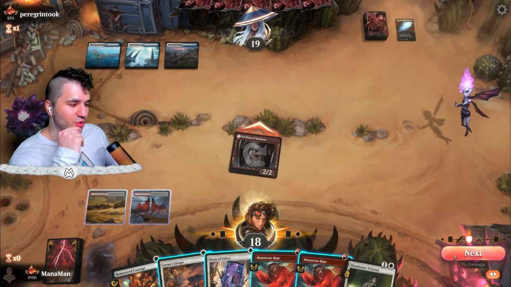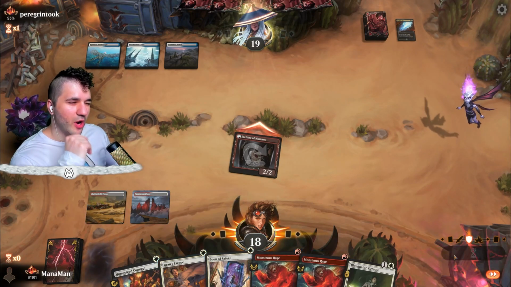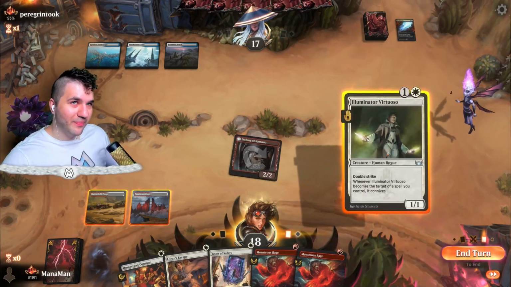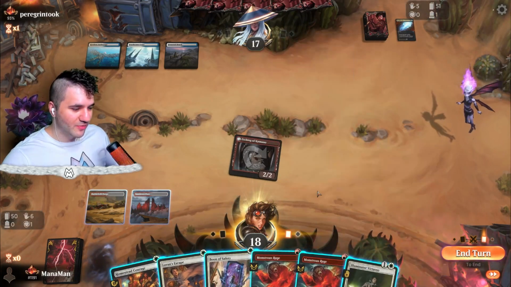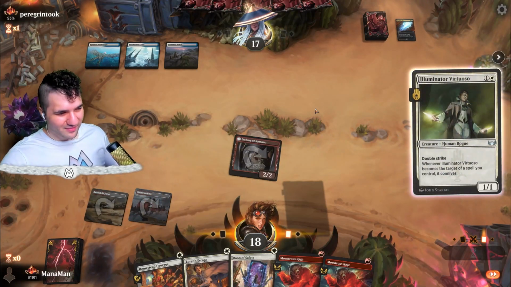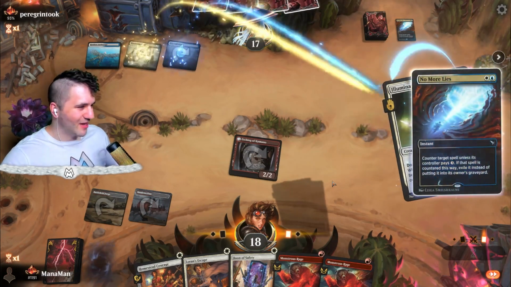This might be a little too cute. But we are cute. We are cute. Do I want to drop this? I mean, they're probably most likely just going to counter it, but I don't think we can be too passive, right? I don't think I can just sit here and do nothing. Especially because if we do nothing, another Sunfall probably comes out, so...